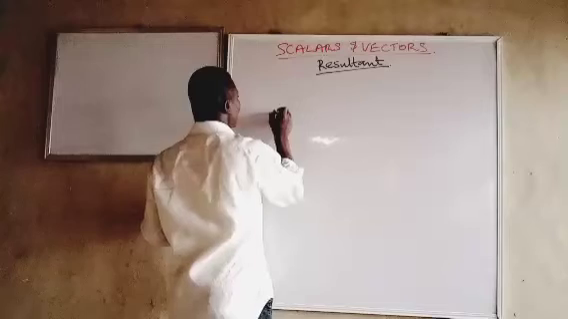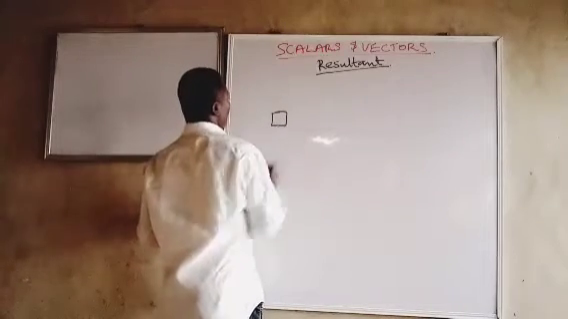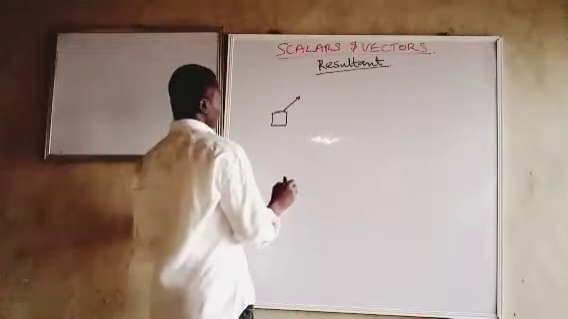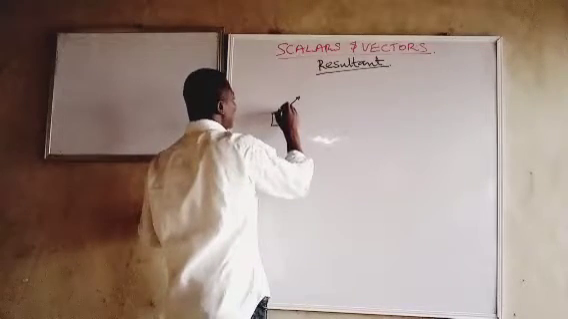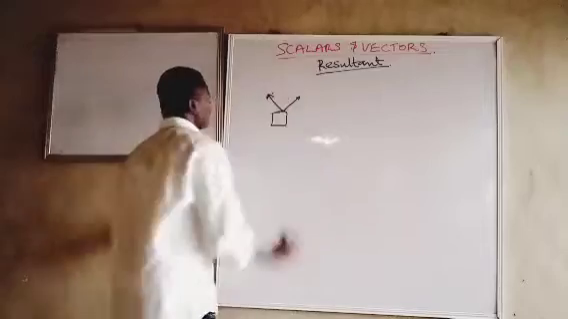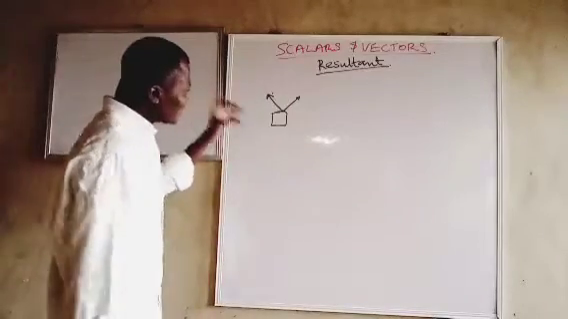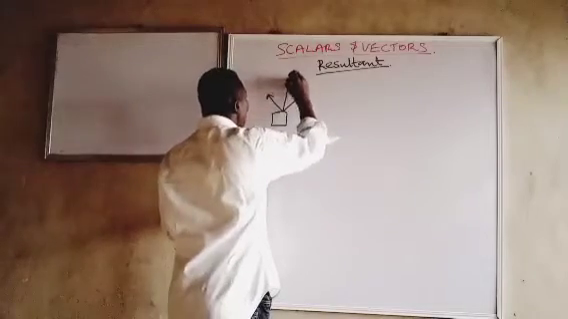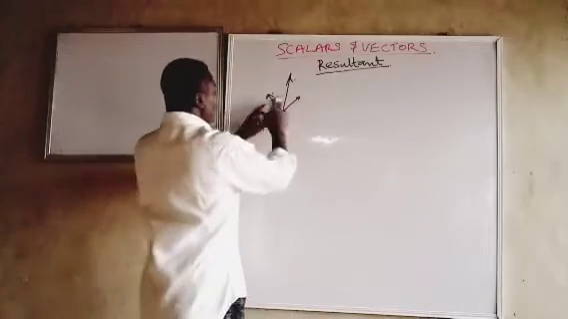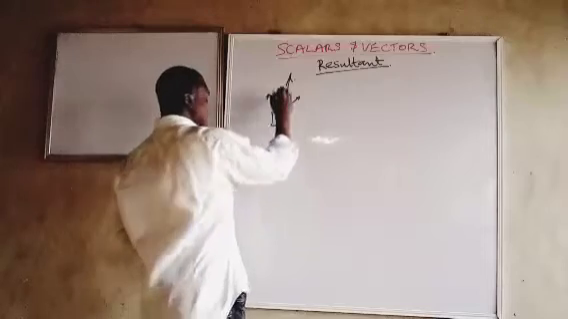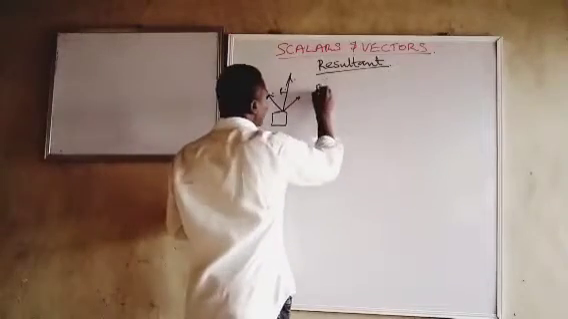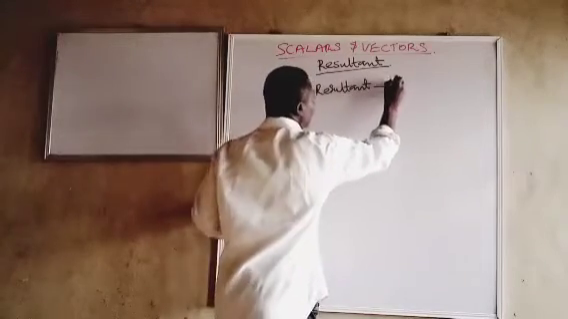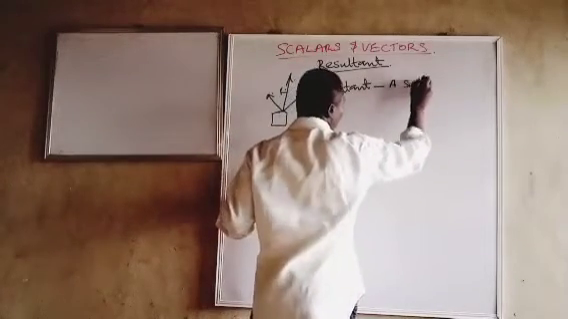If I have a body like this and a force is applied like this, another force is applied like this, I will have to look for one single force that will have the same effect that these two forces will have, and that is the resultant. So a resultant can be considered as a single vector